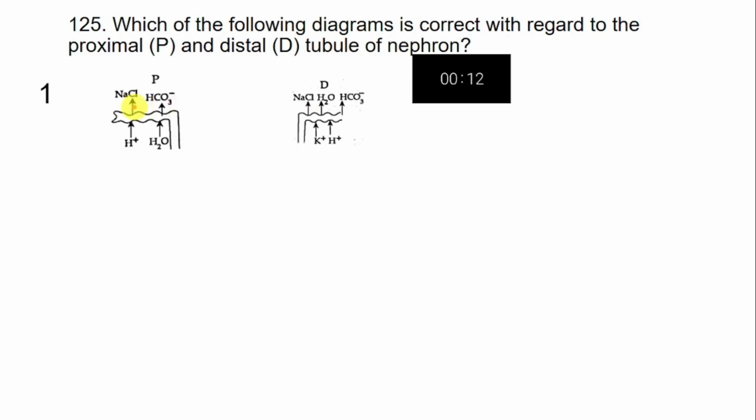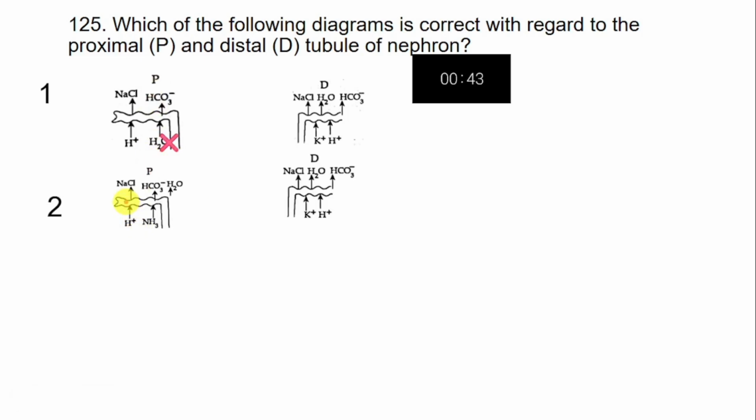Now see, the glomerulus filters everything. NaCl, amino acid, glucose, water, everything important is filtered out, so that waste and essentials are all removed from blood. Then selectively, these important things are absorbed. So NaCl is important, it is absorbed. Bicarbonate is important. Water is absorbed, it is not secreted. So this is incorrect.